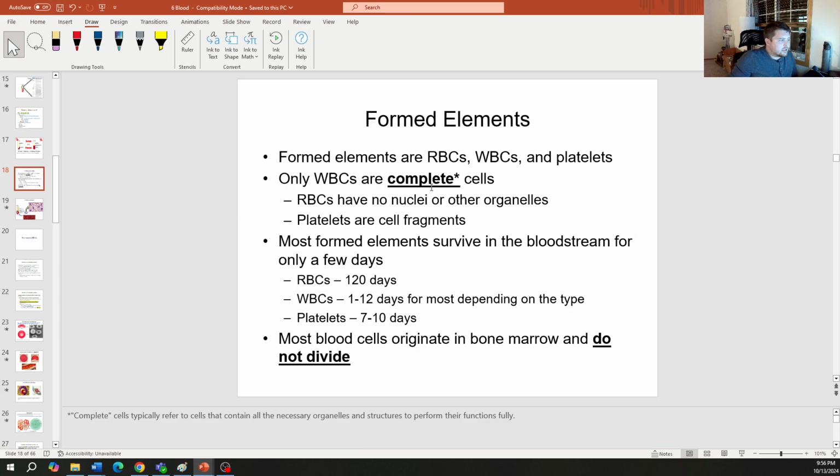So white blood cells are the only what do we call complete cells. That means that they have all of the organelles, they have a nucleus, they have all the functioning stuff that we've learned cells have up to this point. Okay? So within blood, white blood cells are the only complete cells. That's because the red blood cells don't have a nucleus or other organelles. Their job is not to be a full functioning cell, have all this stuff, because they